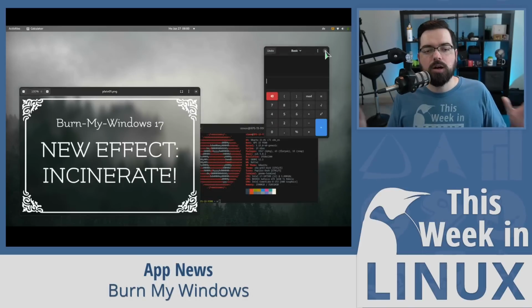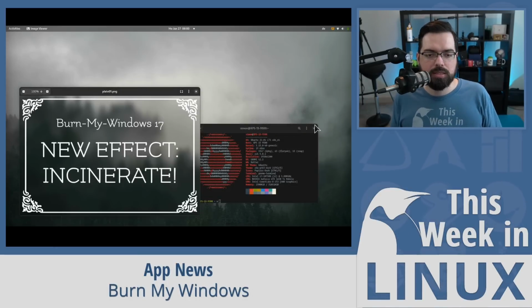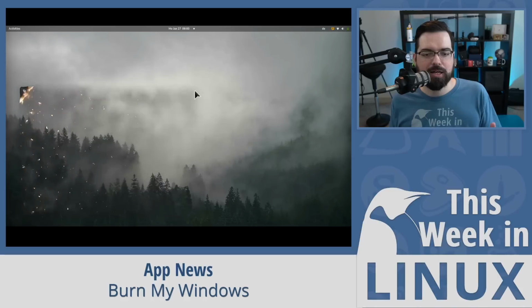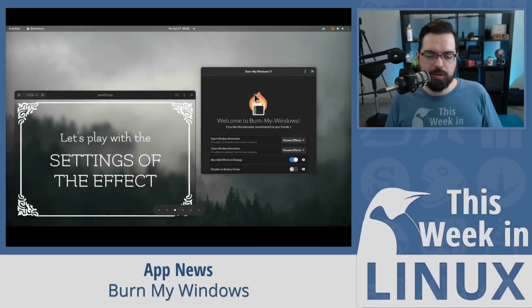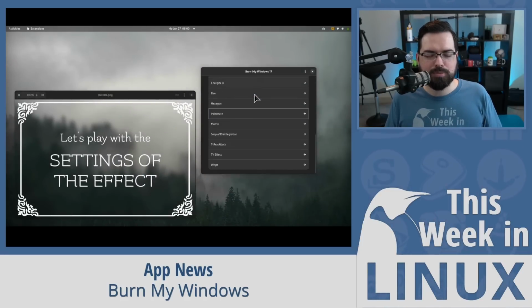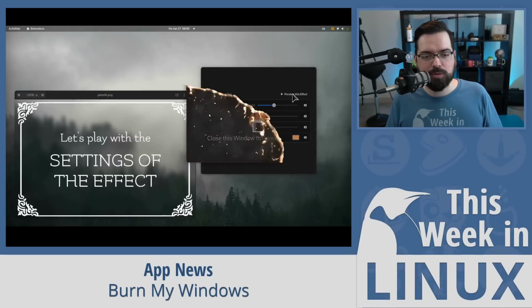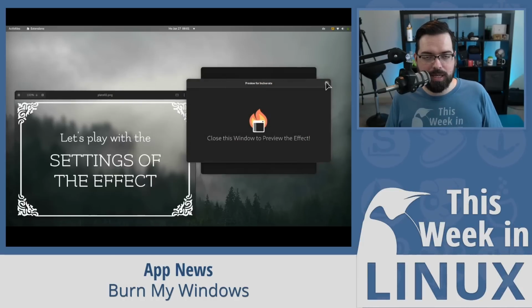For those who miss all of the flashy stuff you can do with Compiz, such as closing your windows with fancy effects like setting the windows on fire or exploding them, well, you're in luck because that's exactly what the project Burn My Windows does. This project is from the same developer that brought back the desktop cube in the GNOME shell, which was sorely missed